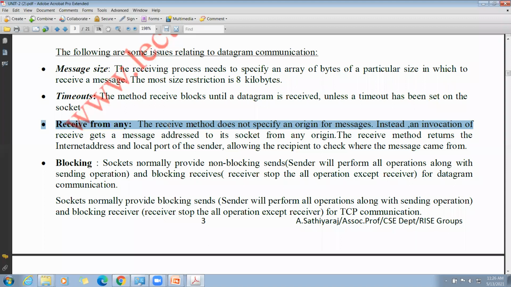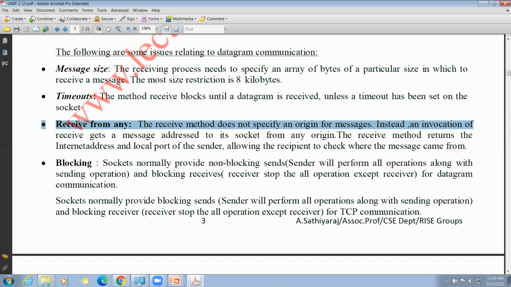This receive method returns the internet address and local port of the sender. What will it return? Suppose a process received a message from any other process. It will return the internet address and local port number of the sender. Okay, this is the receive from any problem.